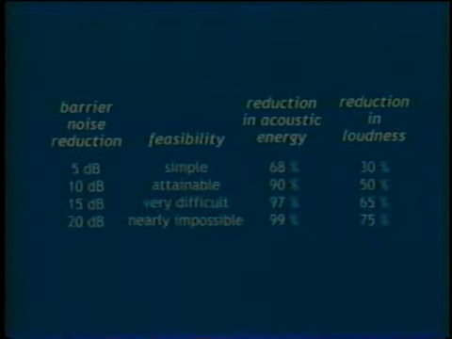Greater barrier noise reductions are not so easily attainable. A 15 dB reduction would be very difficult, and a 20 dB reduction would be nearly impossible. Noise barriers are usually designed with an insertion loss goal of 10 dB in mind. Remember that insertion loss includes the barrier reduction and the partial loss of ground attenuation. Actual barrier insertion losses of between 6 and 8 dB are quite common. Also, keep in mind that a barrier will provide no insertion loss until its attenuation exceeds any loss of excess ground attenuation due to construction of the barrier.